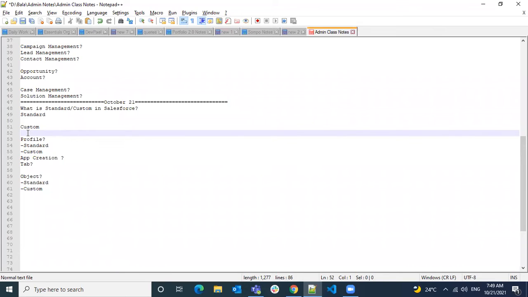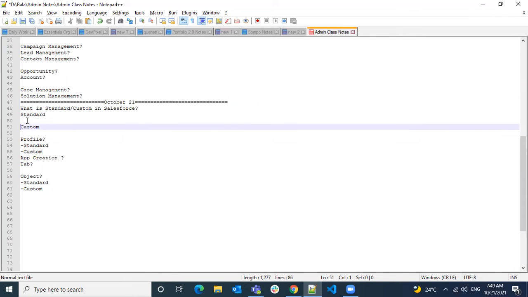Standard is what Salesforce offers by default, which is not created by us, so we have very little control. Still, we can change some of the standard ones. So there is standard and custom. I will add notes later, otherwise it will take too much time. Any doubts there about standard and custom? I think it's an overall difference, but we'll move on.